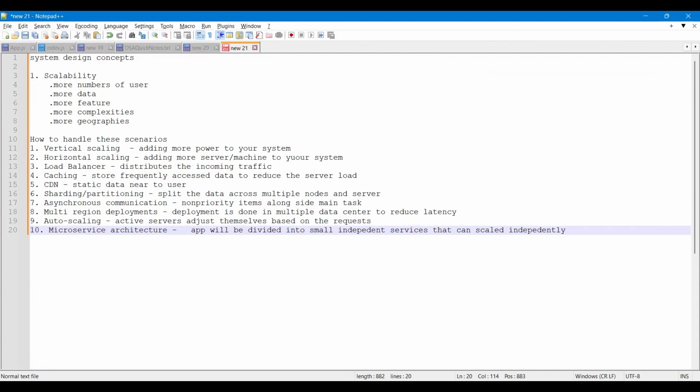So it's fine. Yeah. So these are the things that we need to consider for handling the scalability of a system. So this is the first concept. If you want to learn more, I'll share the links of these concepts. You can read out